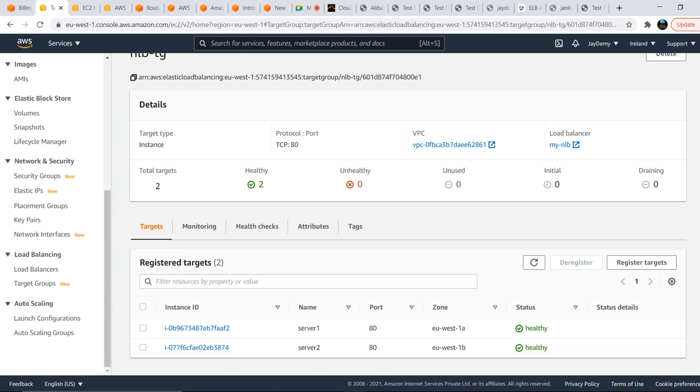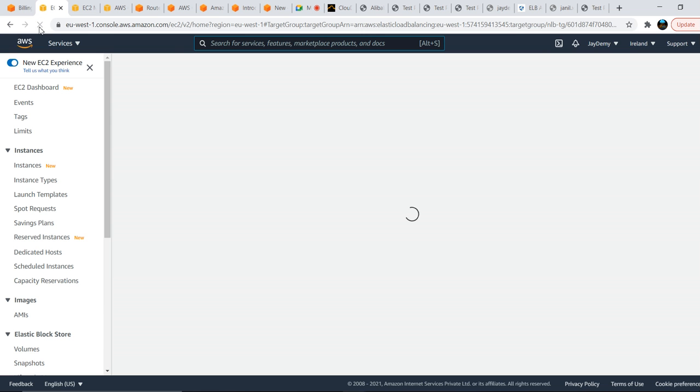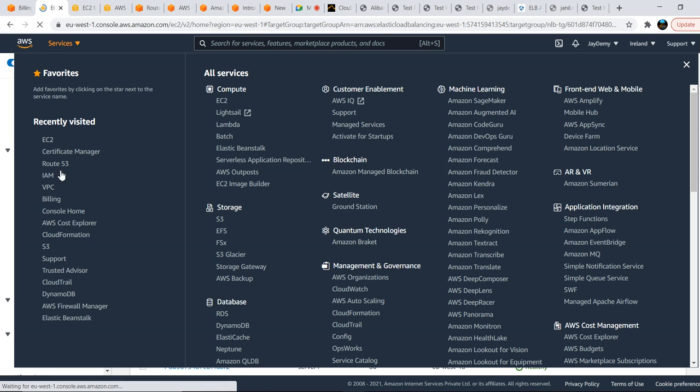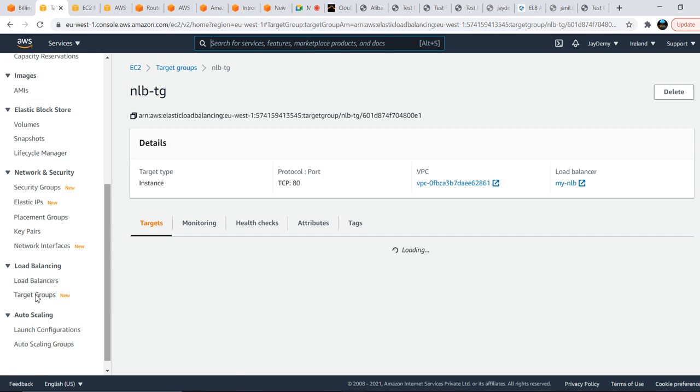Make sure these are the best practices you follow while creating your load balancers, and that you are enabling the access logs. Let us navigate quickly to where we have configured how access logs will look.